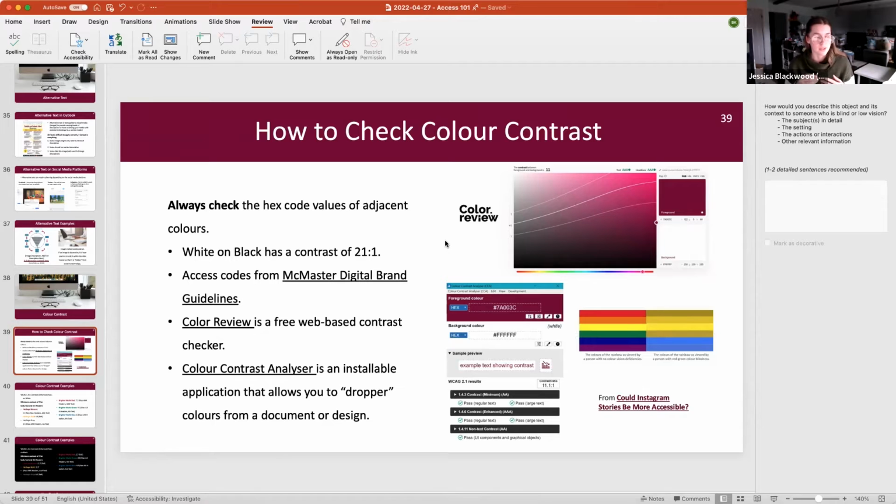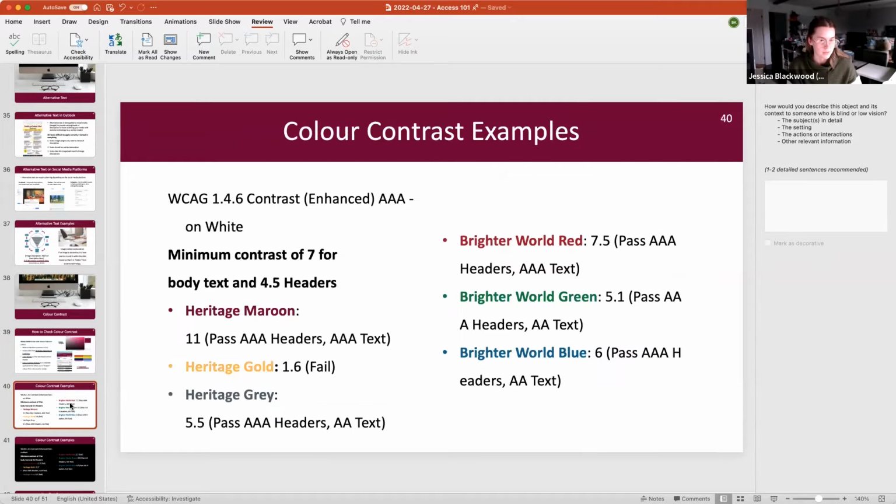For example, if we're creating a line graph, we want to make sure that the lines also have symbols associated with them, and it's not just different colored lines in the legend. Pie charts are another great example where they might be different colors. You want to make sure that there are little labels attached so that it's always clear what is referencing what. And I'm going to quickly go through these because, again, we're going to be sending this to you.